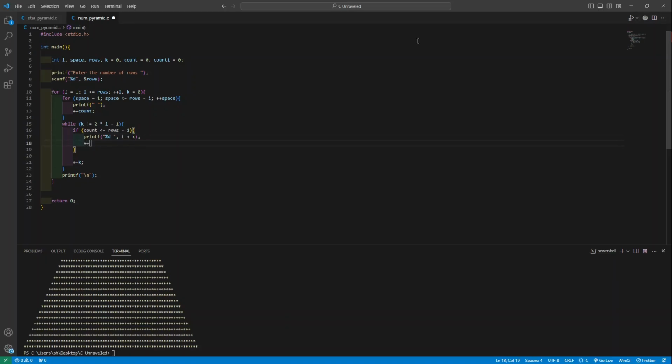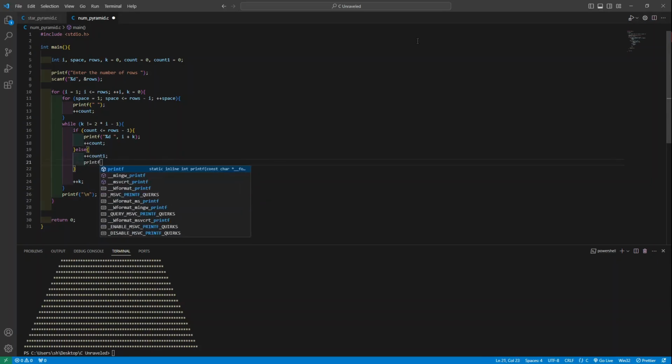And now again increment the count, and now we will write the else statement. So the else is simply count1 increment, and then printf